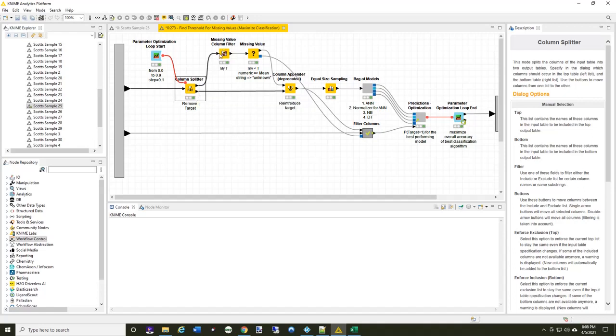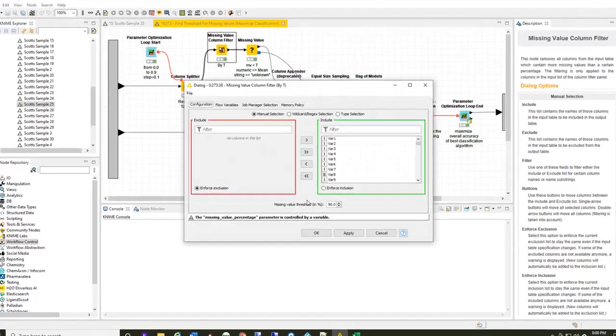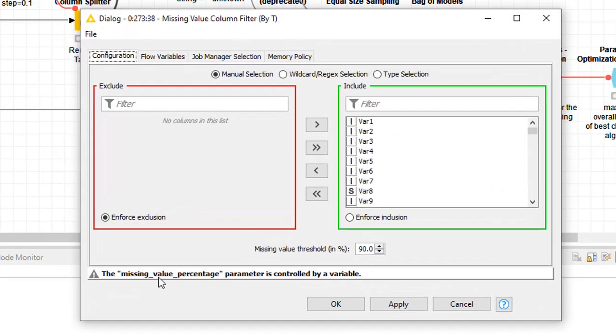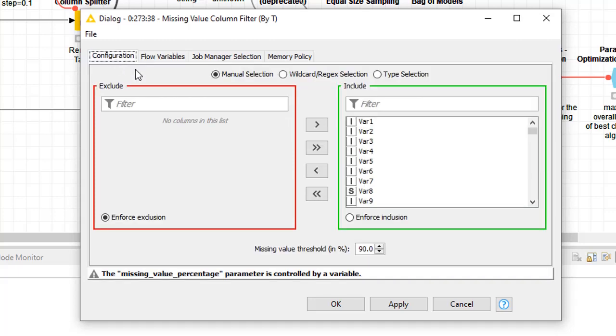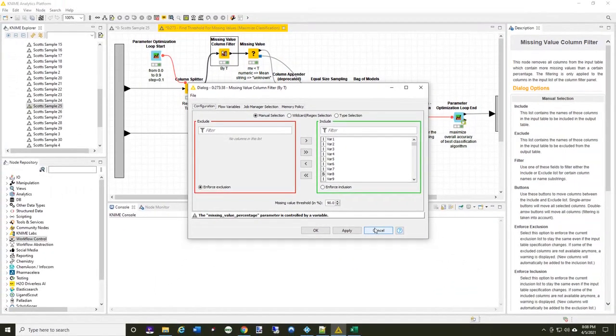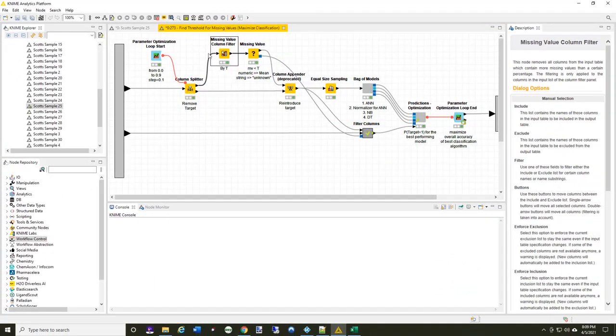Now, the missing column filter here, we're going to start by looking at that. It's controlled by the variable again. So the new parameter variable is controlling how this is configured. The first time through is 0%, 10, 20, 30, and so on. So I filter the columns, and after filtering it, I only have 76, which means about 200